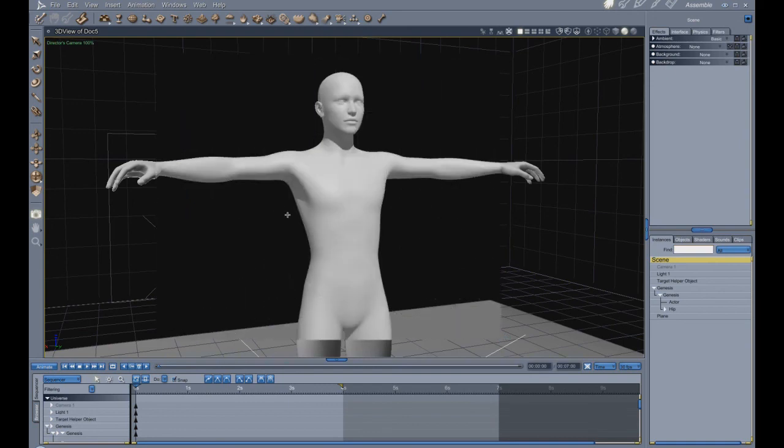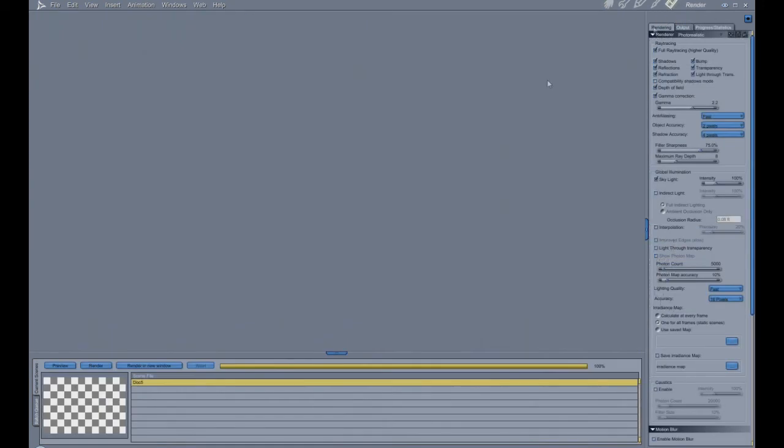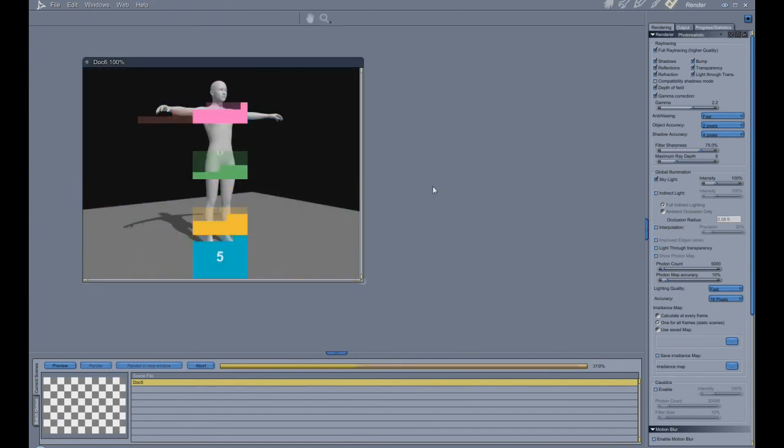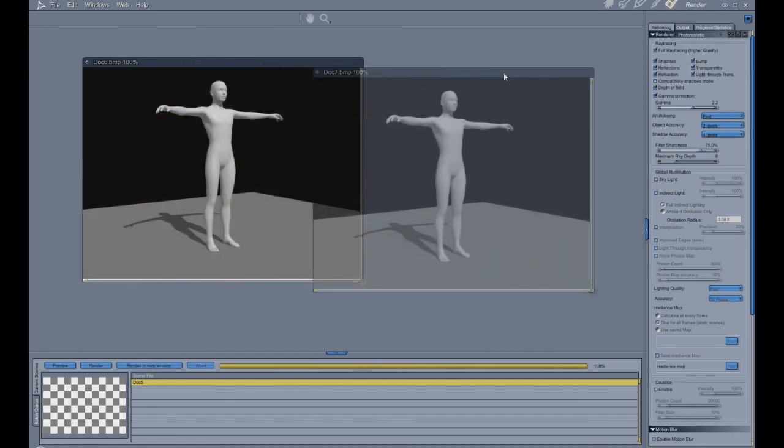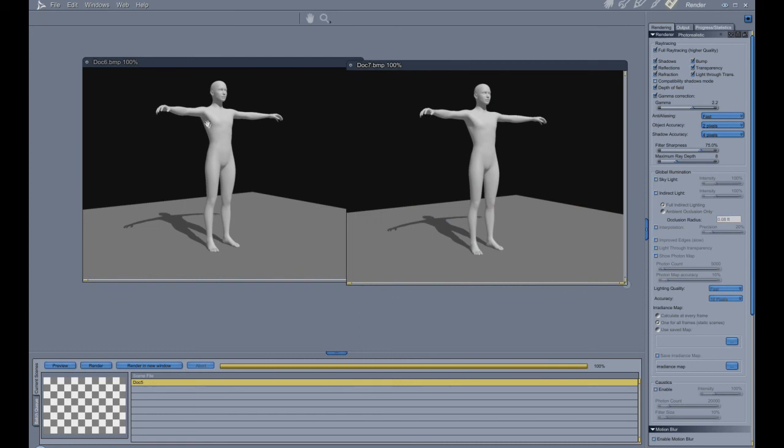And the global illumination, even though it doesn't have much to work with, looks like it's done some good already. Let's prove that and go Control R, and then I'll deselect this, and we'll render it in a new window, and we'll compare. And although, oh, maybe it didn't do much. It shouldn't really have had the opportunity to do much. I can see that it made this shadow less solid. It's more of a gradient